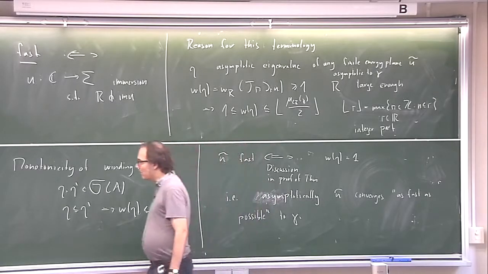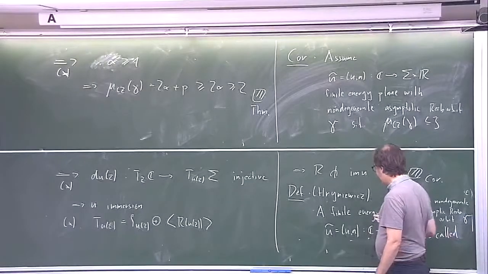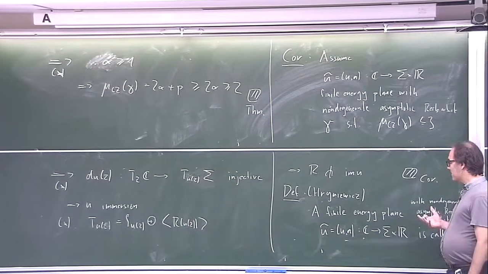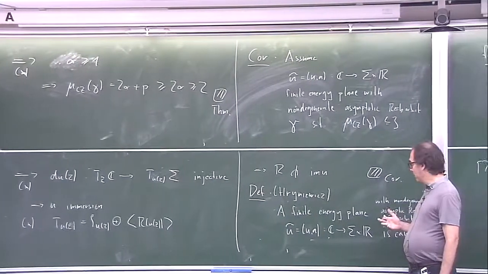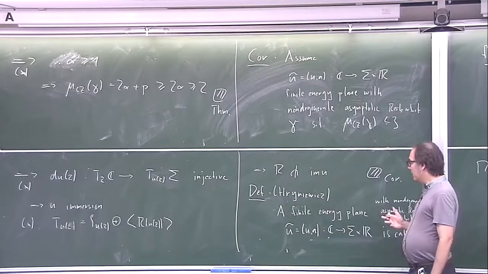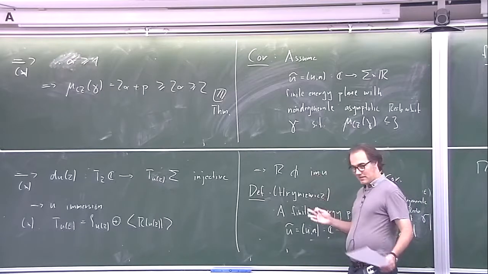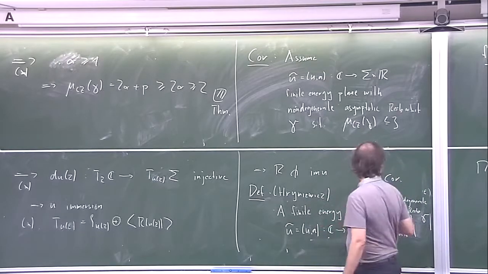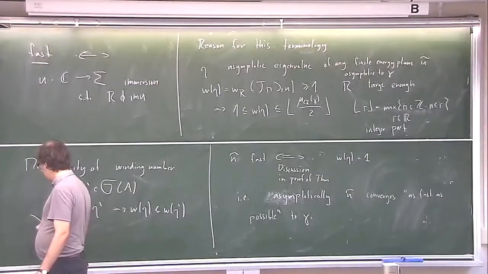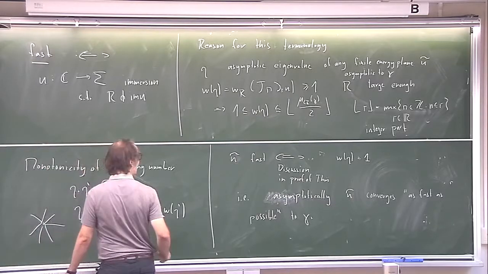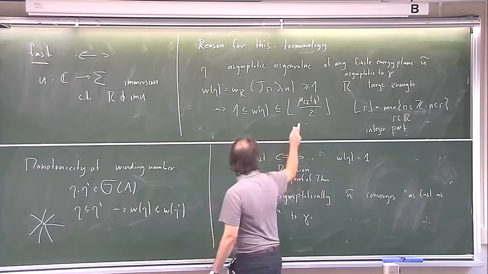So Hofer, Wysocki and Zehnder had the idea that if one is interested in finding a global surface of section, then you don't want too big a moduli space. So what you would like to produce is just this picture. You would just have some S1 family. And if you look at the moduli space of